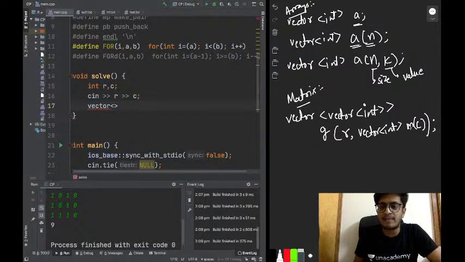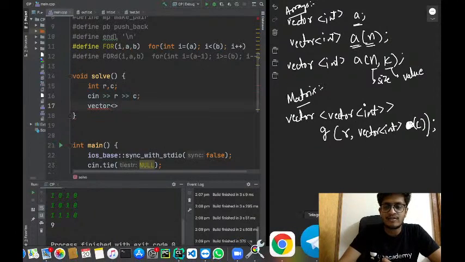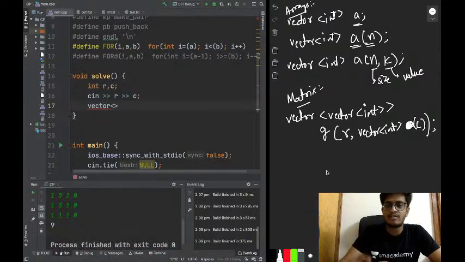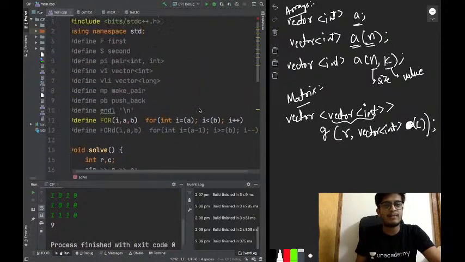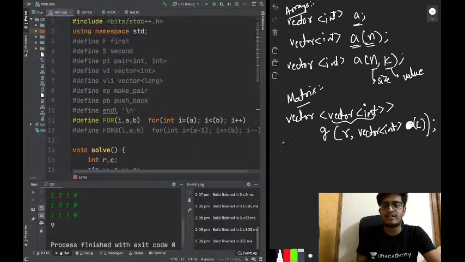We can remove this m. So just remember the syntax from now on. Since for vector of integer we are anyways using our hash define, we have created our macro vi for vector of integer. So how are we going to write this?